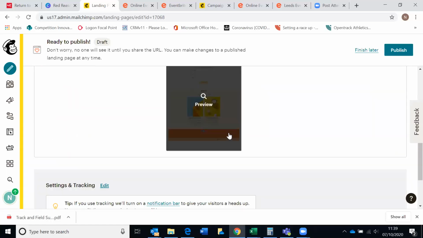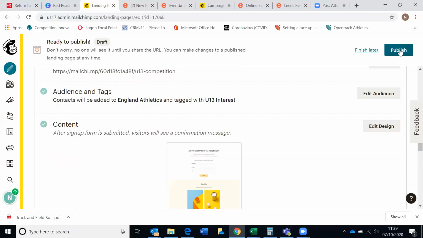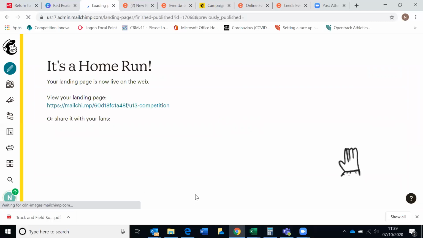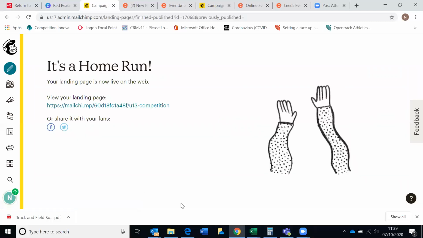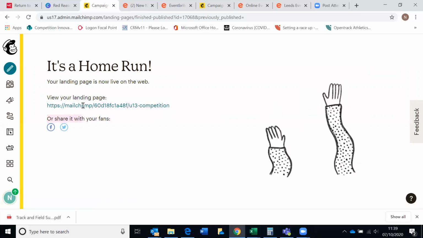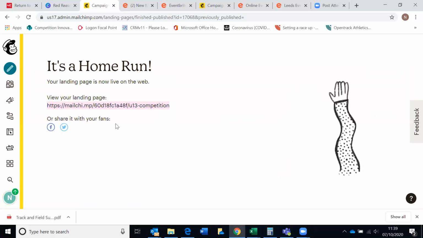We'll keep the design as it is, and then let's publish this. So once we publish it, it gives us a landing page link. So I've published that. No one will be able to see it unless I share it. So here you've got the option to share it with your fans on Facebook and Twitter, or if you like,